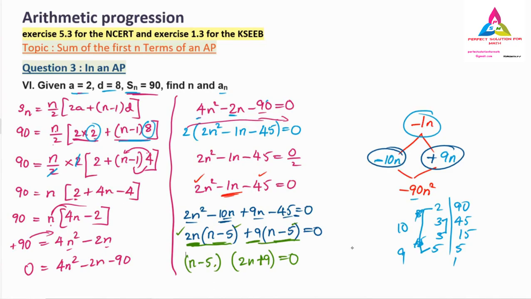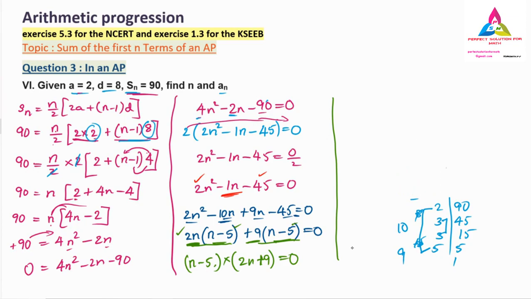So what is the next step now? That is very important. Here you can see there is a multiplication, we don't have any numbers, so we have to calculate further. So what is the calculation? I will rub this. You can note it down if you want. So now the next calculation is very important. That is, we have n minus 5 into 2n plus 9 is equals to 0.